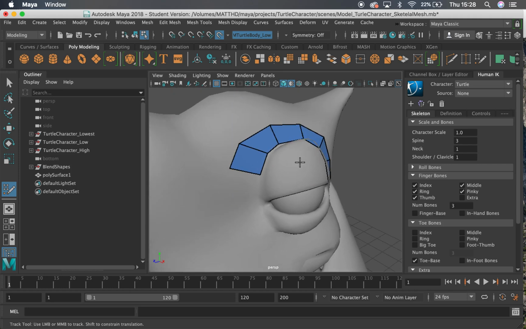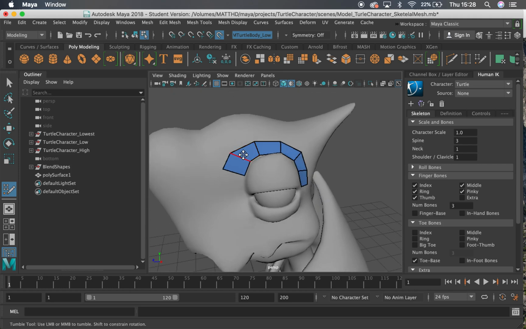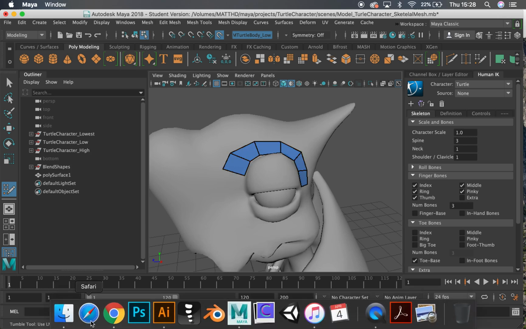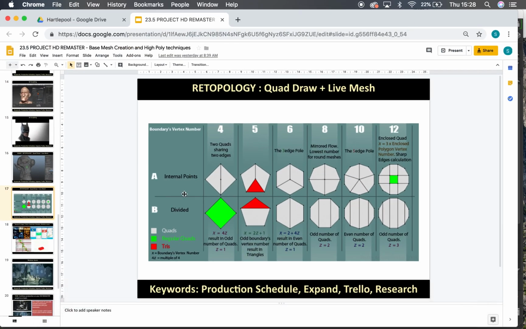Now, one thing with topology that is important to understand is that we are using quads here. So the tool is called Quad Draw, and generally we've been telling you all along to keep your mesh as quads wherever you can. And our quads will tessellate together. This image is in your slides for this week, and it shows you a whole array of different ways that polygons can connect. If we take this one on the end here, this is a 12-sided enclosed quad,